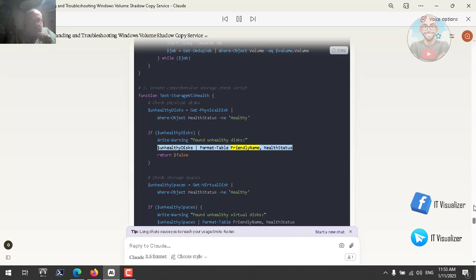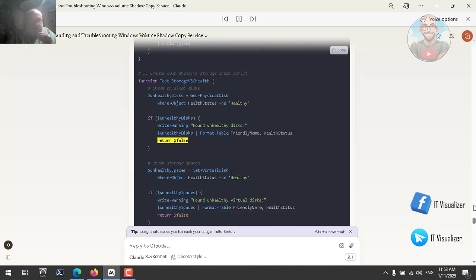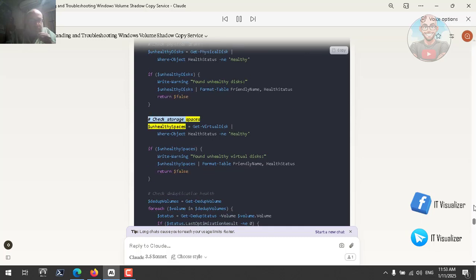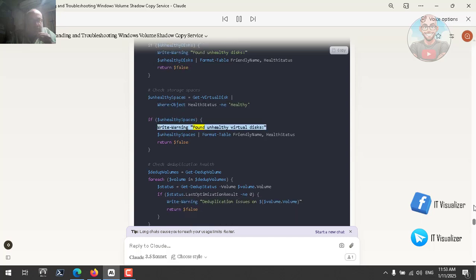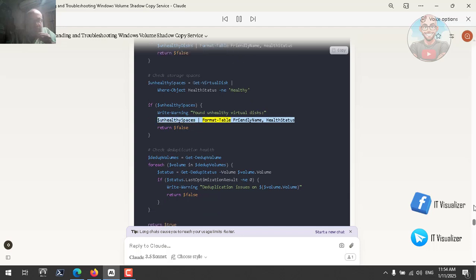Format-Table FriendlyName, HealthStatus. Return $false. # Check storage spaces. $unhealthySpaces = Get-VirtualDisk | Where-Object HealthStatus -ne Healthy. If ($unhealthySpaces) { Write-Warning "Found unhealthy virtual disks:" $unhealthySpaces | Format-Table FriendlyName,